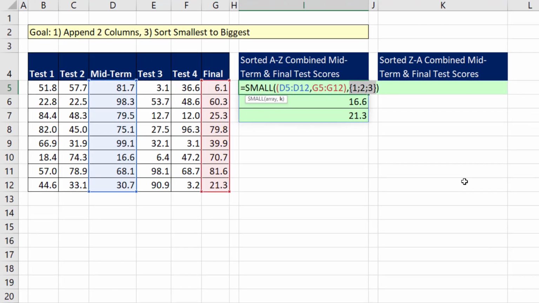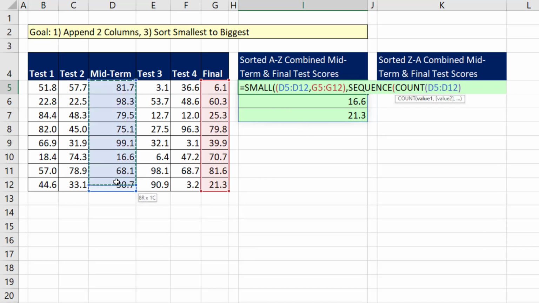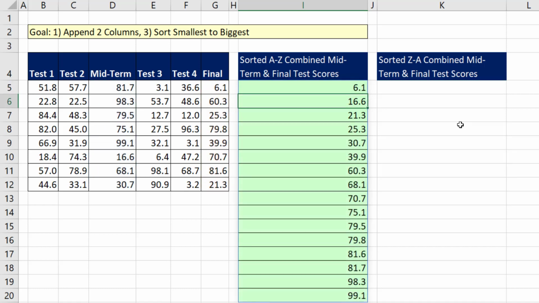In the k, we can type sequence. And then it needs to know how many rows. So now we use count, which is an aggregate function, which allows multiple ranges as part of its arguments. Close parentheses and close parentheses on sequence. Now when I hit enter, 6.1. That is amazing. With simply using small, the comma reference operator, and then sequence and count, we get our appended